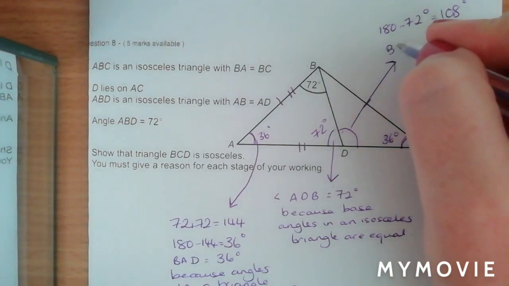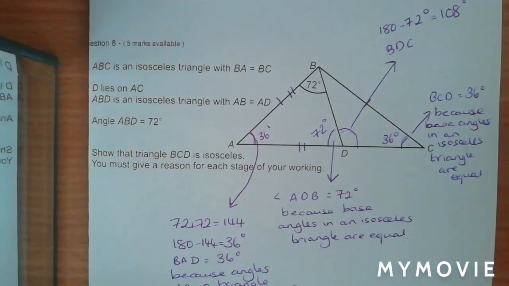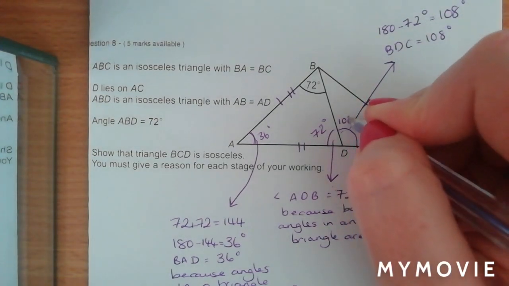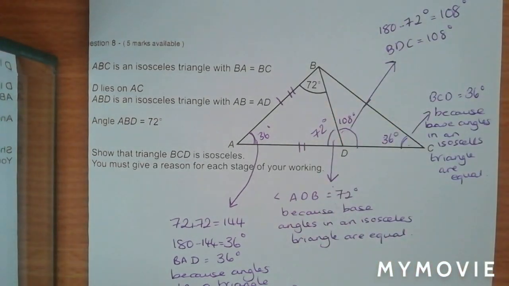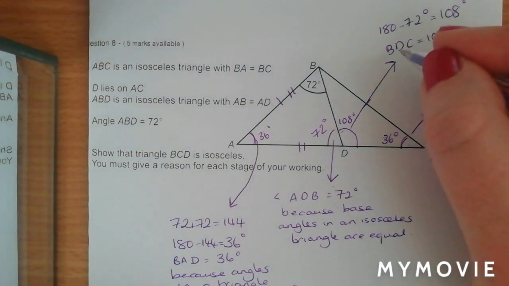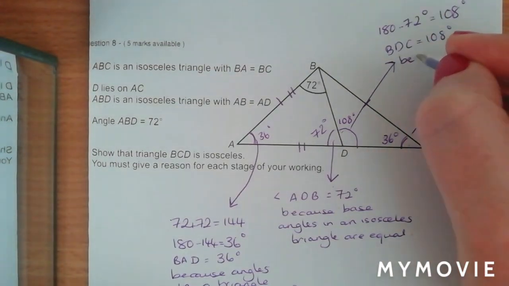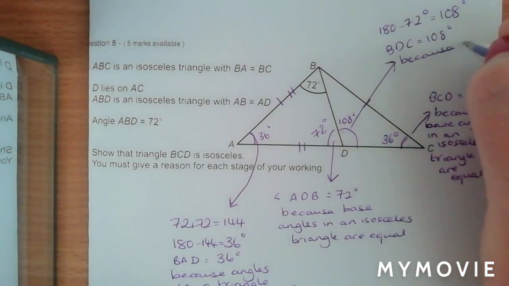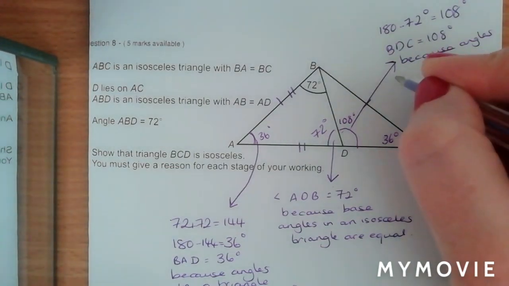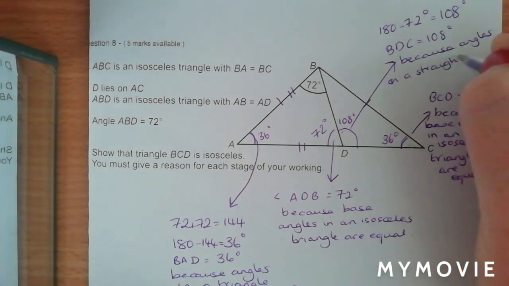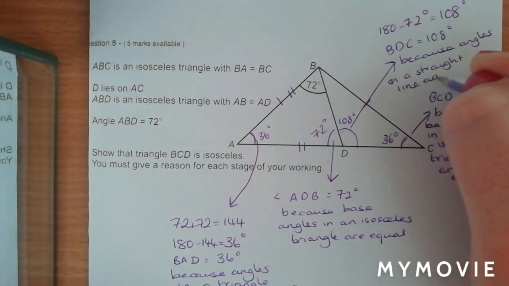So BDC is equal to 108 degrees. Notice what I'm doing as well, I'm putting all of the angles onto the diagram so that I'm fully aware of everything. BDC is 108 degrees because angles on a straight line add up to